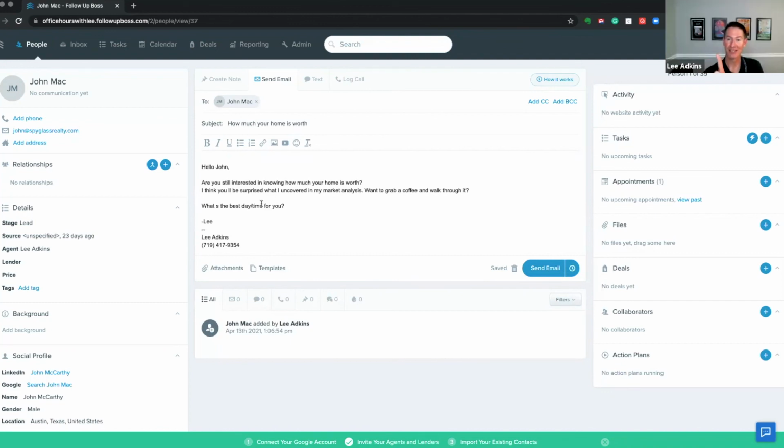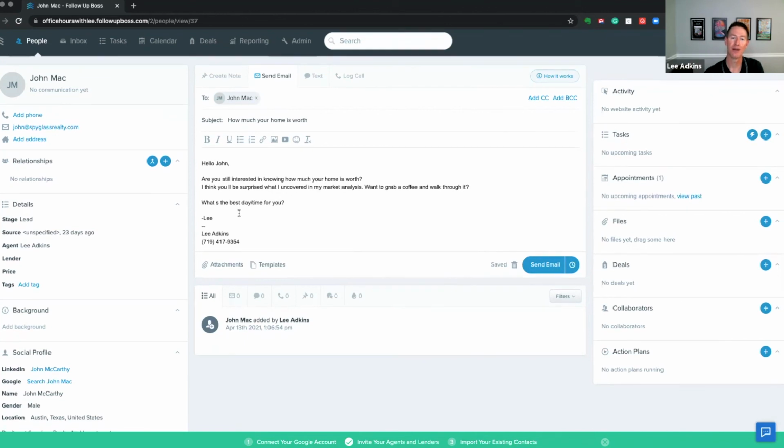I'm glad I put it as an example. One important example, especially if you're an admin or an owner setting these up, be careful to use a merge code if and when it makes sense for the sign off. I see a lot of people still where they'll type their name into the template. It is also generally the assigned agent's name that you're using. So just be mindful, because in a batch email, you can also send on behalf of others.